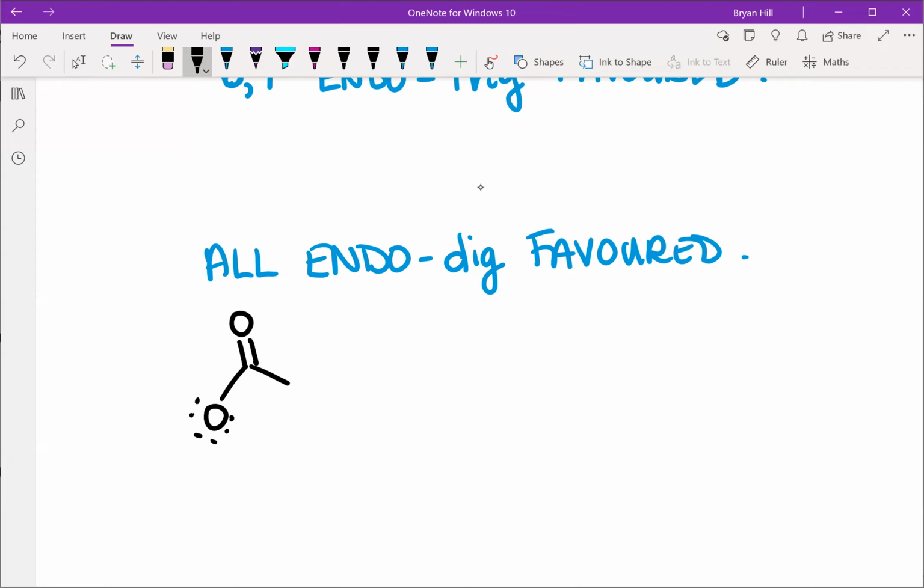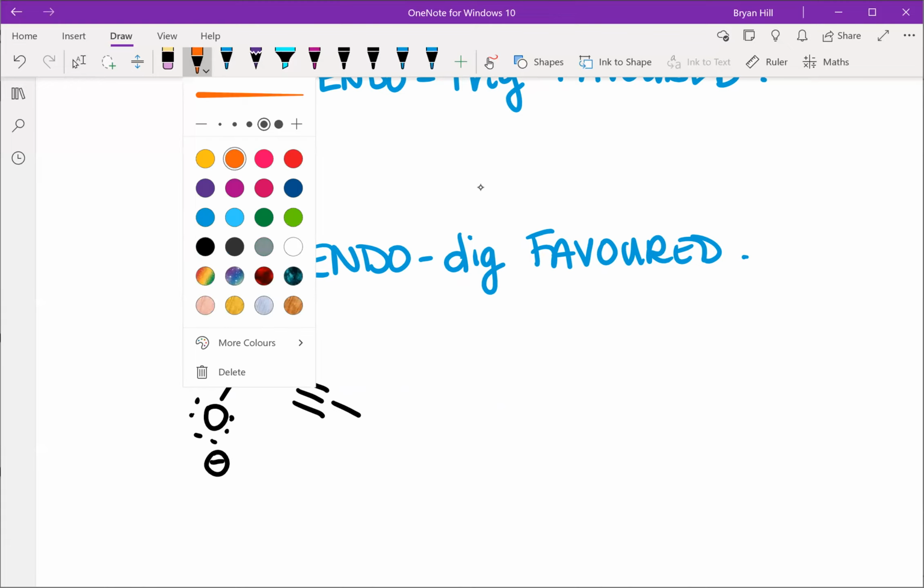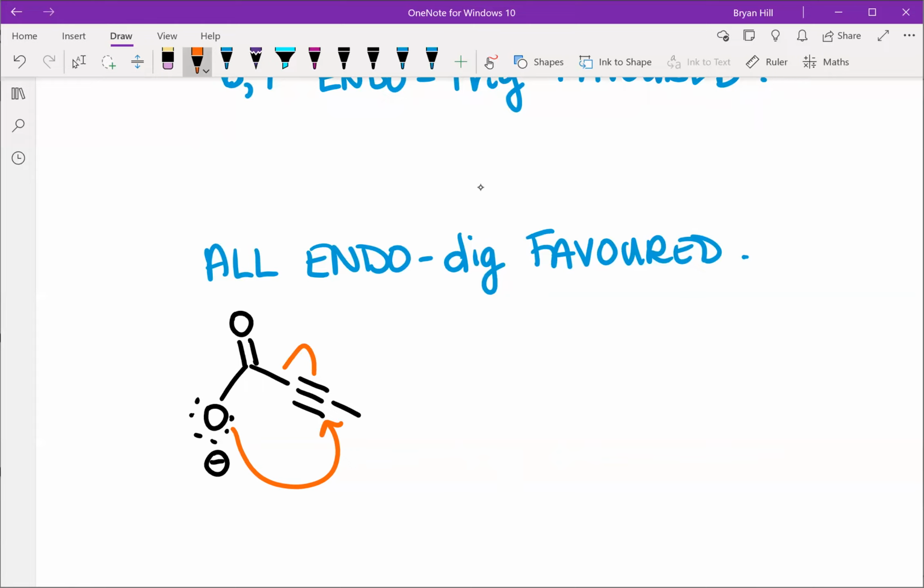So this would be a favored cyclization. So this one would be favored, and the reason why is that